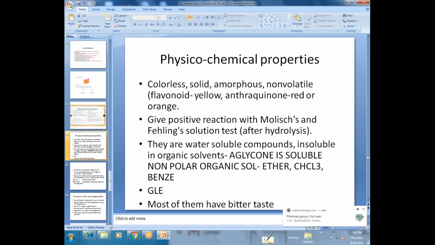When you do oxidative hydrolysis, you have to add ferric chloride, then add either HCl or sulfuric acid, and only then does the hydrolysis take place. That's what we call oxidative hydrolysis. Is this clear or should I explain again? Then the method of extraction: we follow the Stas-Otto method for extraction. That will be taken up in the next class. But till now today you have to